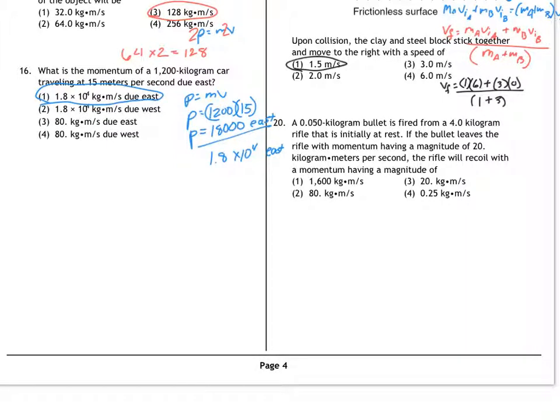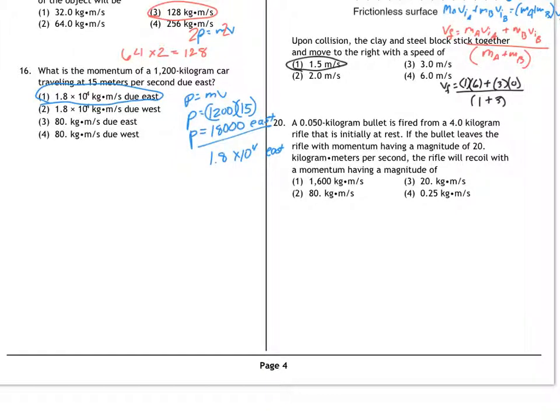So for number 20, it says a 0.05 kilogram bullet is fired from a 4 kilogram rifle, which is at rest. So actually they're both at rest to start with. If the bullet leaves the rifle with a momentum having a magnitude of 20 kilogram meters per second, the rifle will recoil with a momentum having a magnitude of. So while this certainly sounds like it's a momentum question that's going to involve mathematics to solve for the answer,